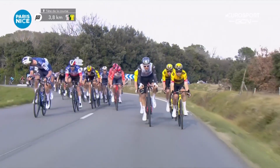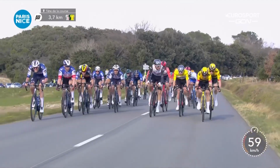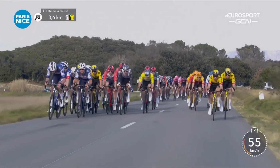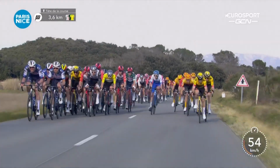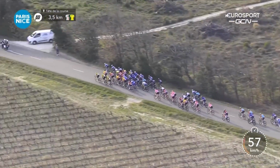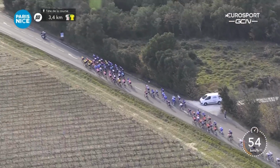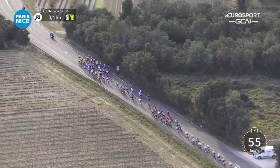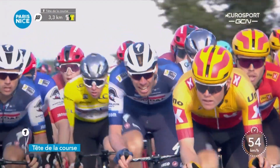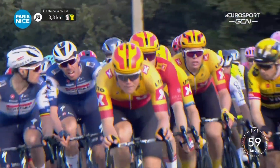First of those traffic islands and turns has claimed a victim, and it was a rider from Alpecin de Königshofen. Yes, and we could say that he just got pushed out a little bit onto the grass margin, but he's still okay, but lost a lot of places there. And you could see that sprint there to get into that point. And when you're going at this rate, of course, with the big group, it's more concerning. If it was travelling at a real fast rate, it would be stretched out and a bit more room for everybody. And we go now to 3.3 to go, and we can see slowly it has to start